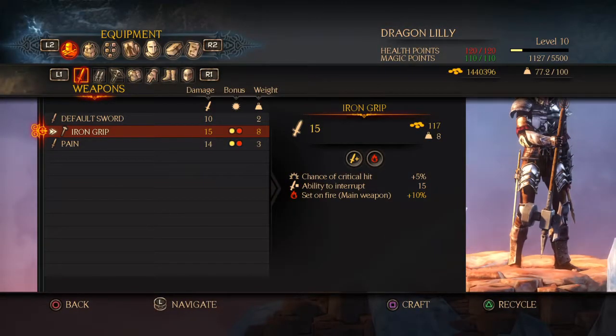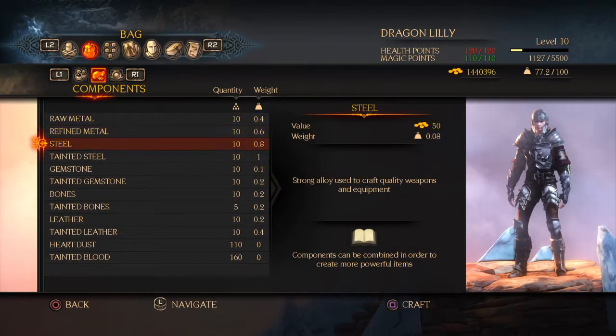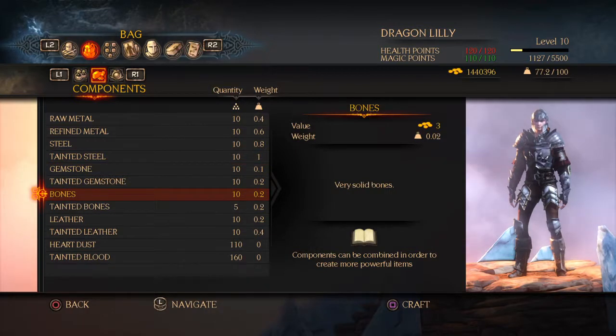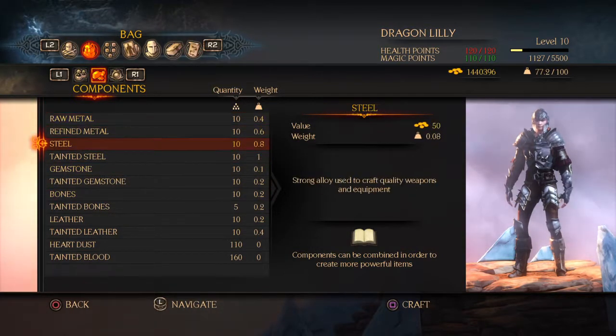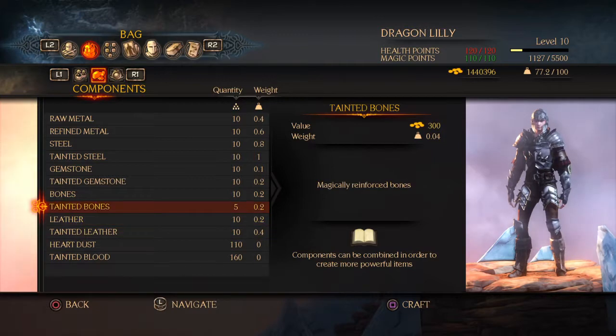I need to get 10 guys. How did I do this? Oh, look at this. Yeah, the reason I have 10 each is because I sold everything else, except for the Tainted Blood and the Heart Dust, because they don't weigh anything. Actually, I could get more of that, but...